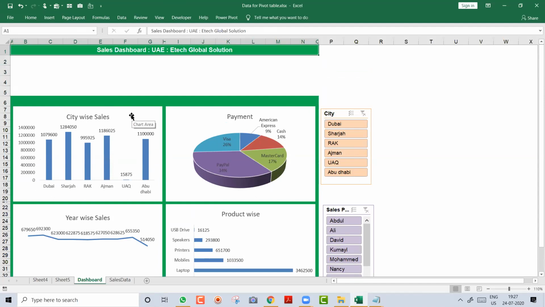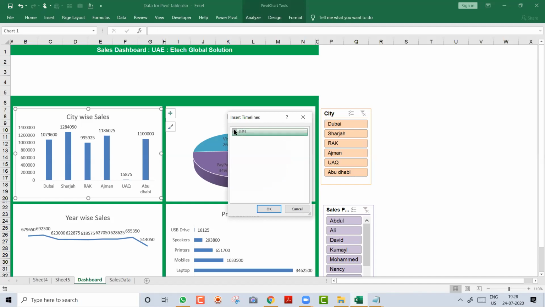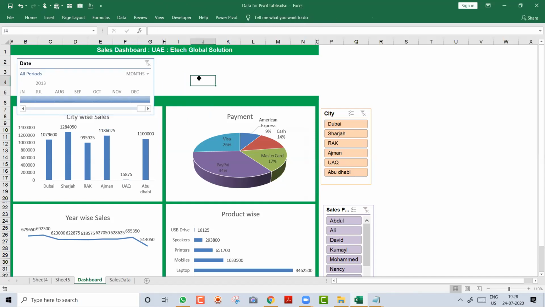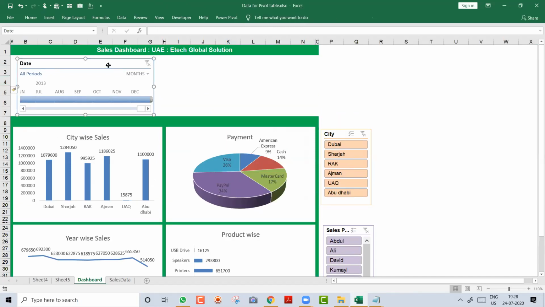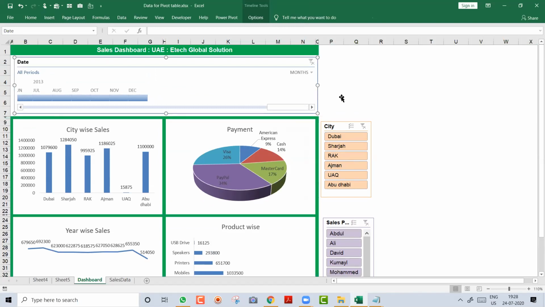Now you see, you can do one more thing. When you select this chart, now you want to see yearly. Old versions will not get this, the new version will get it. In Insert, next to the slicer, there is an option called timeline. If you want to show yearly and so on, you can click on this timeline, insert timeline. I took a date timeline and I say okay. Then I will put it here, let's make a little more gap. I can arrange it very nicely over here, something like this. Let's make this a little smaller. Amazing, got it? And here I will take the years, that's all.